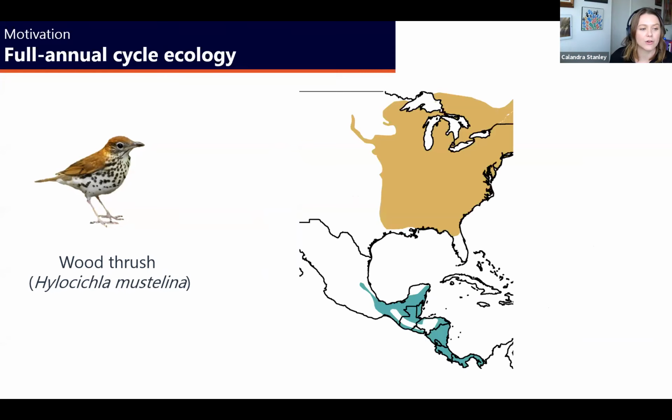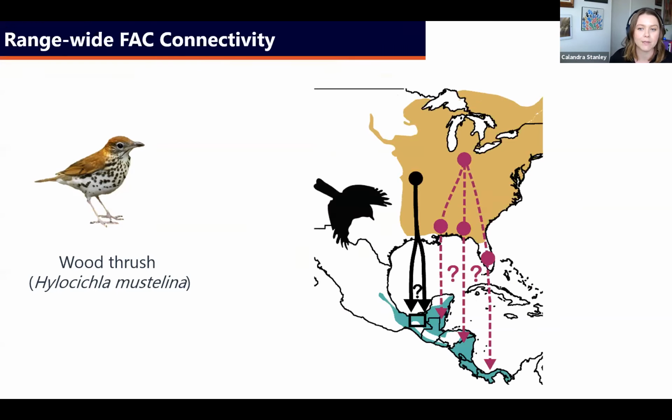And unlike some migratory species, we actually have a pretty good understanding, and we've known this for a long time, of the general distribution of wood thrush across the annual cycle. So they breed in the eastern United States and Canada, and they spend the winter in southern Mexico and Central America. However, like Ellie just described and we've been hearing today, in order to really accurately predict the factors limiting wood thrush populations, we really need to understand how populations across the breeding range are connected between different periods of